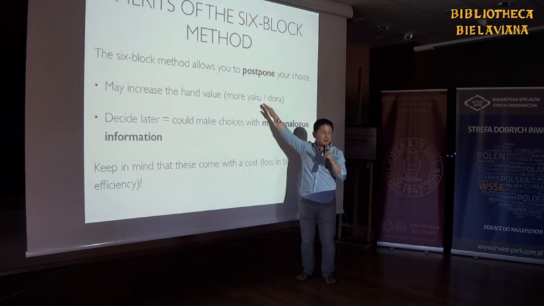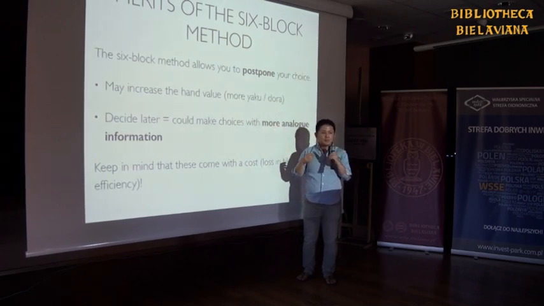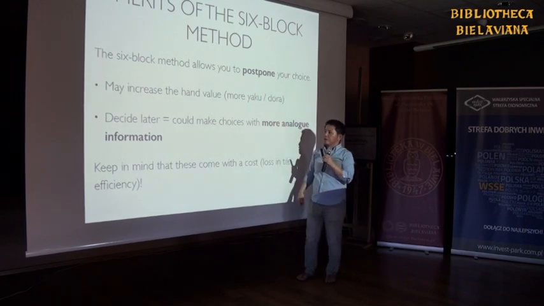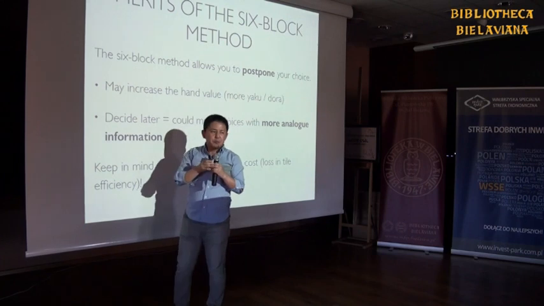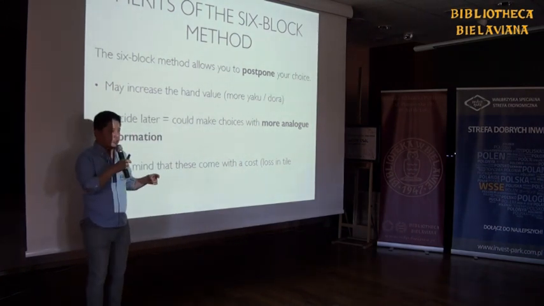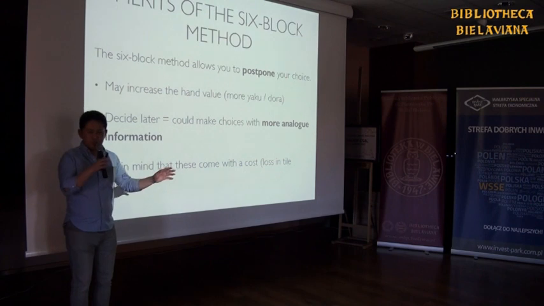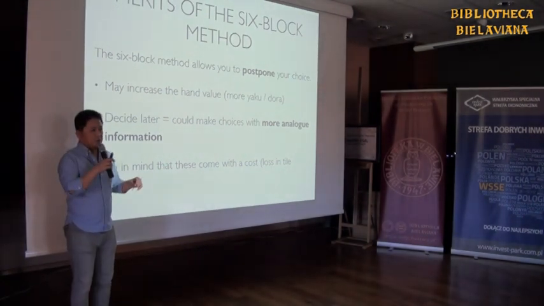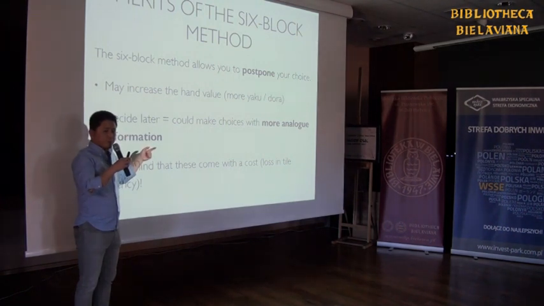Score is obviously one of the biggest reasons why we might want to use the 6-block method, right? At the loss of tile efficiency. And the fact that it allows you to decide things later means that there will be more opportunities for you to incorporate situational factors into your choice, your decision. So as you get better and better at interpreting situational factors, then the 6-block method will become more and more useful,